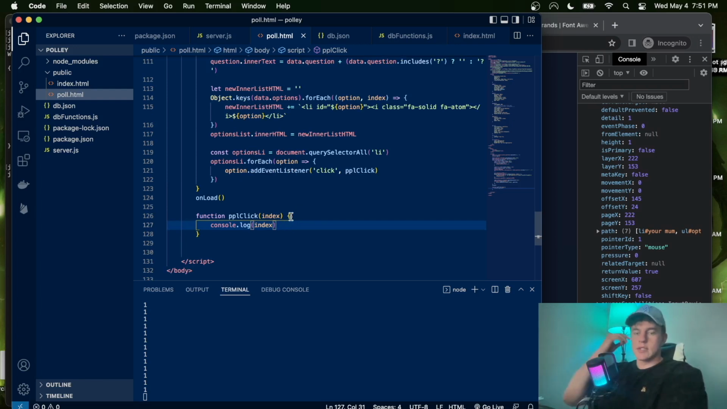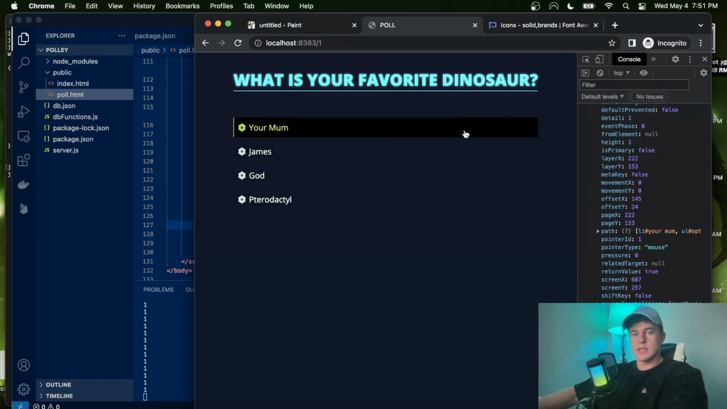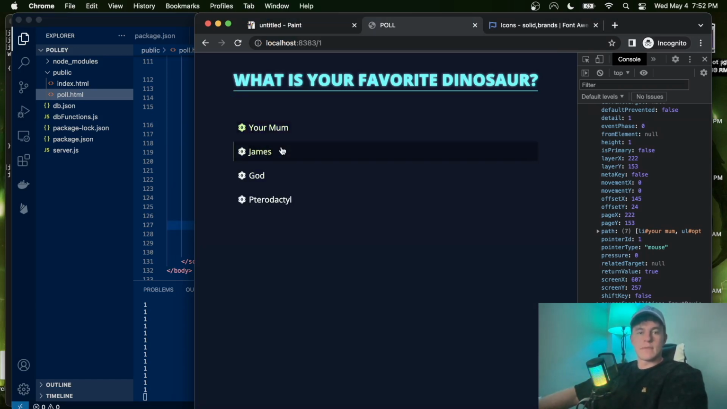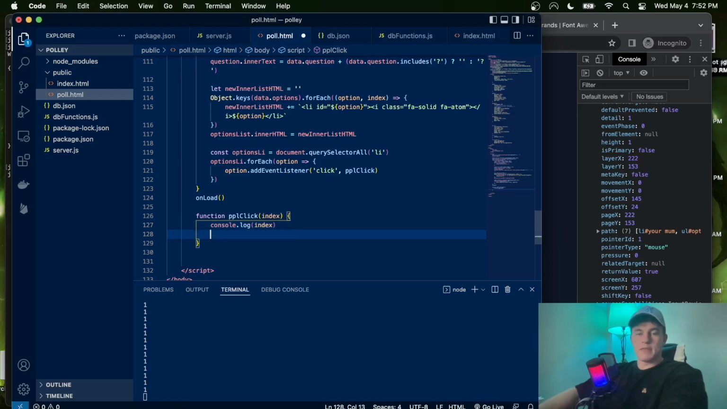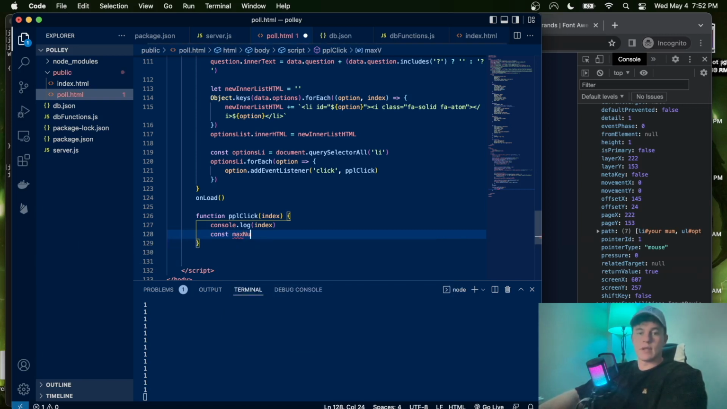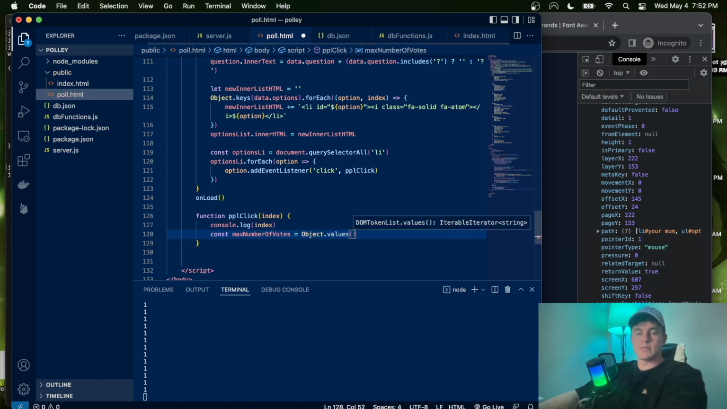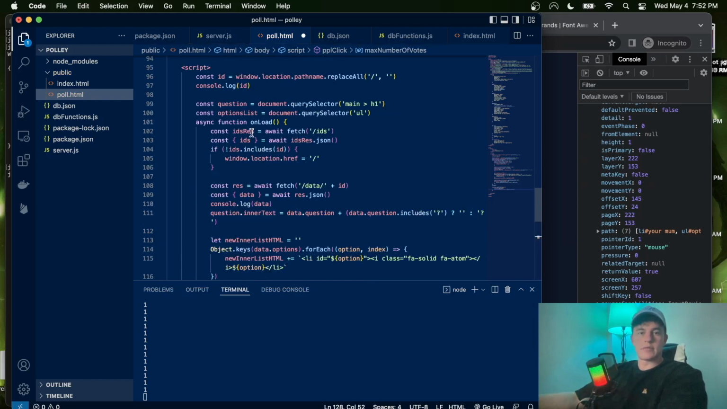So when this gets called, what we're going to do is switch out these names and these styles for, essentially, a graph of all the different options. Currently they all have a background, but we're going to change that slightly. But first we're going to have to calculate the maximum value from all of them. So we're going to say const maxNumberOfVotes is equal to Object.values, and I believe that is received as